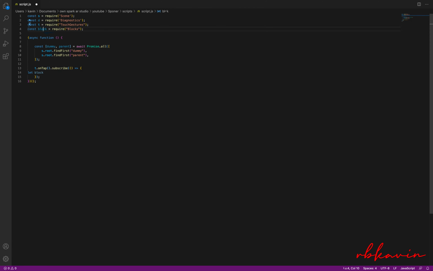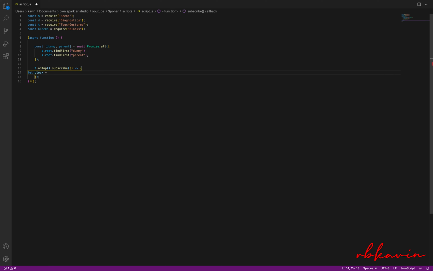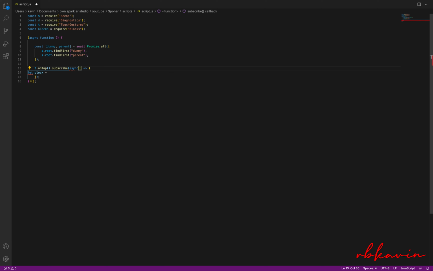I'll name this blocks, and I'm going to use the await function again. If you want to use await inside this, you have to create this function as an async function also. If you just enter async before the object, it's going to work.